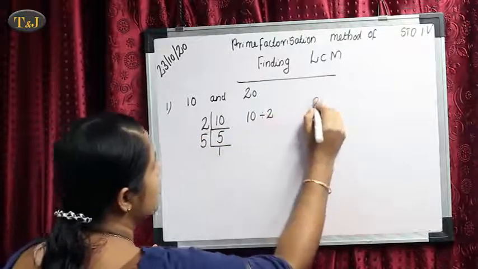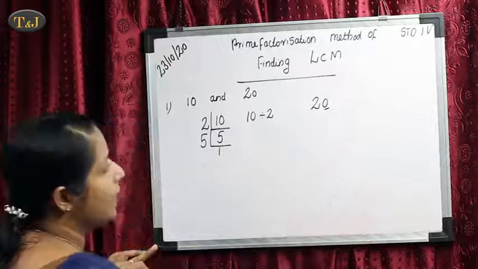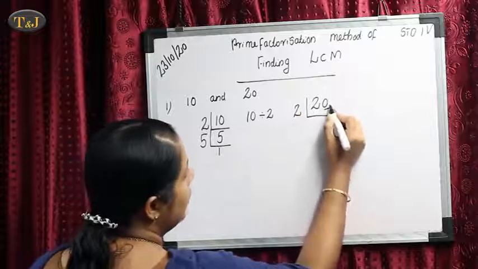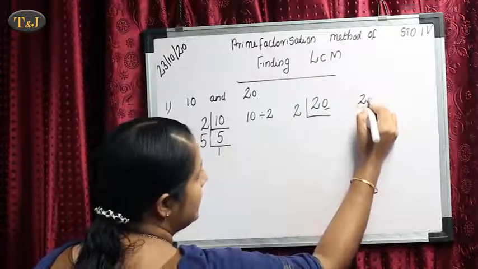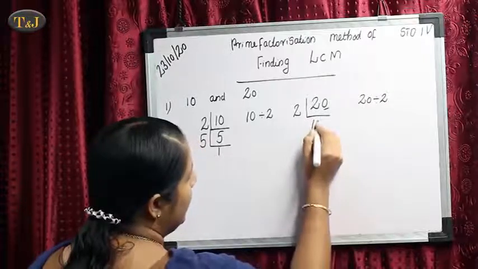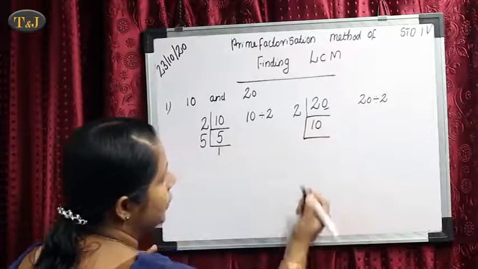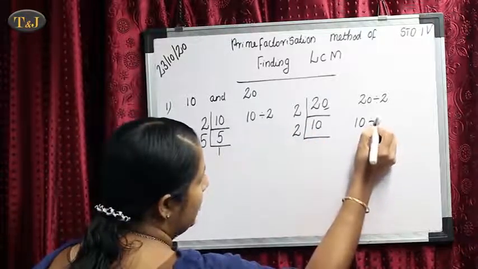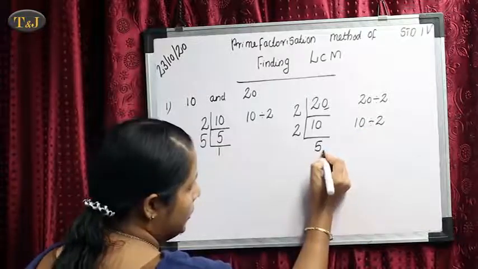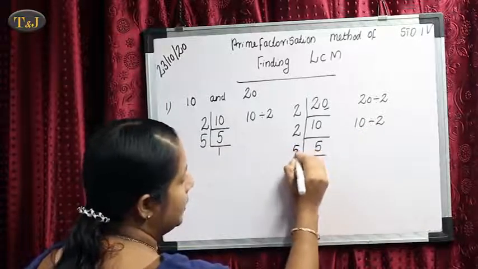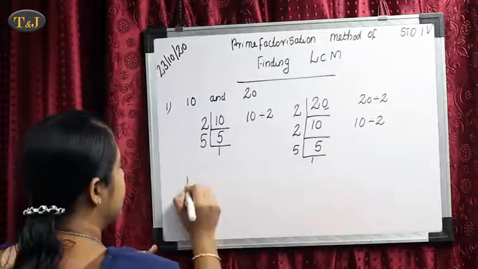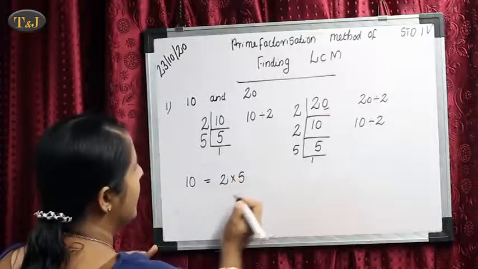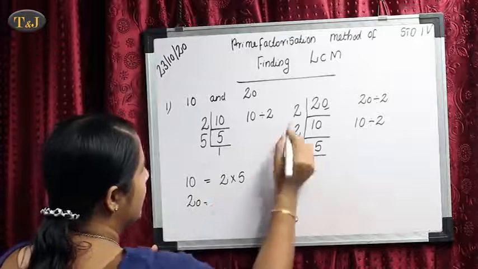Then our next number is 20. Again the ones place value is 0, so it is divisible by 2. In 2's table, 20 comes 10 times. Then again the ones place value is 0, so it is divisible by 2. In 2's table, 10 comes 5 times. The problem is over because 5 is a prime number. Okay, now we write the prime factors of 10 and 20. That is, 10 equals 2 multiply 5 and 20 equals 2 multiply 2 multiply